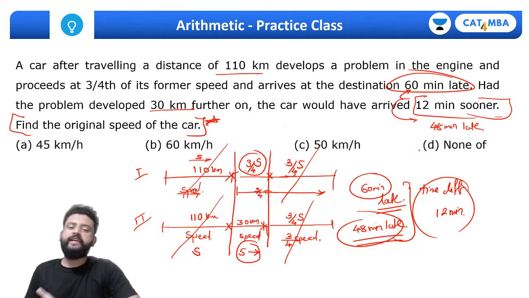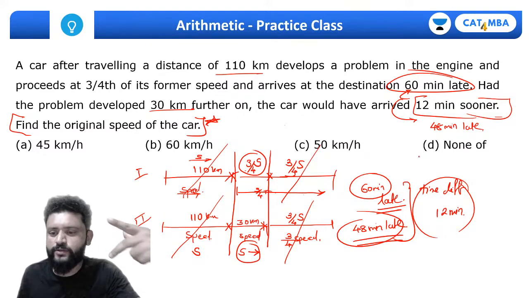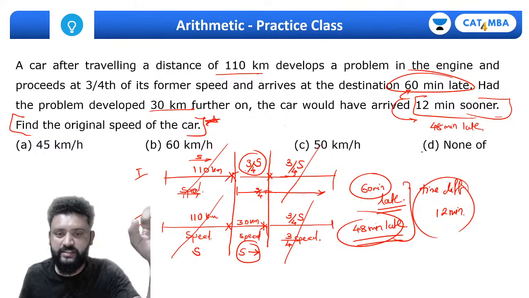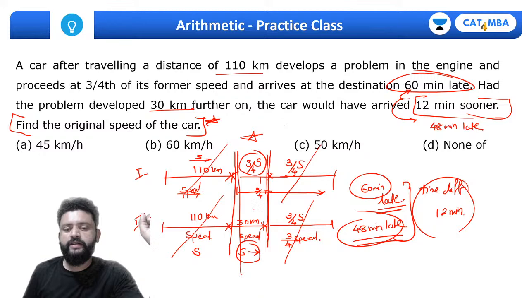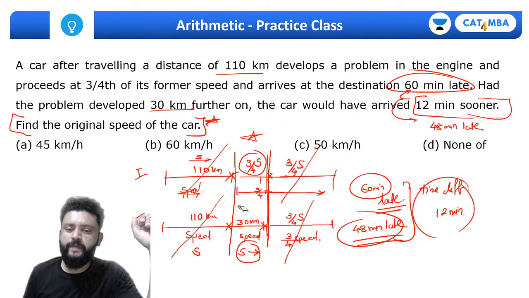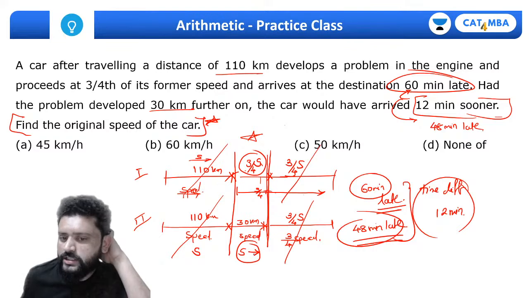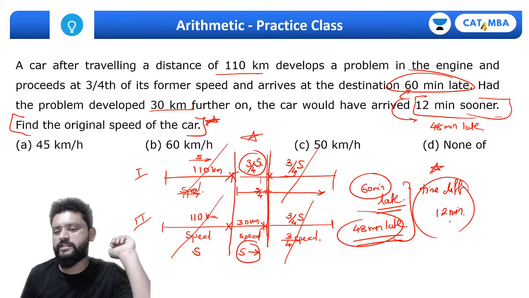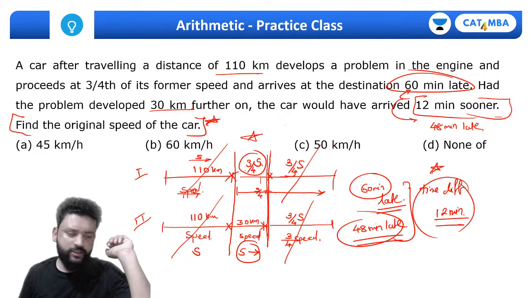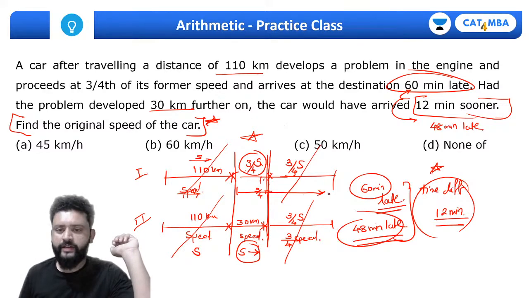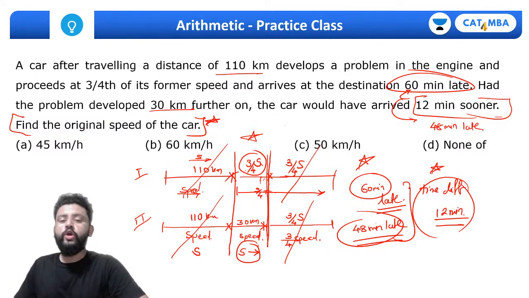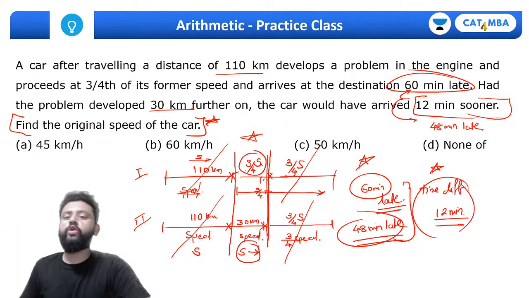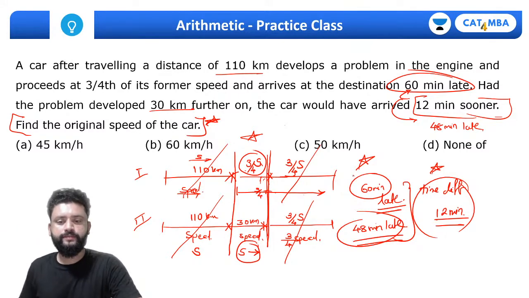Okay, I'm going to erase this and it will just take 2 to 3 steps to solve and get the answer after this. First everyone tell me, do you understand what I am saying? Because of this 30 kilometer difference, 30 kilometer travel with the 3/4 of the speed and 30 kilometer travel with the original speed, there is a difference of 12 minutes. This 12 minute difference has come only because of this, right? Perfect. So let's solve further. All of you ready? Okay, the next thing to understand: all of you know speed and time are in inverse proportion.